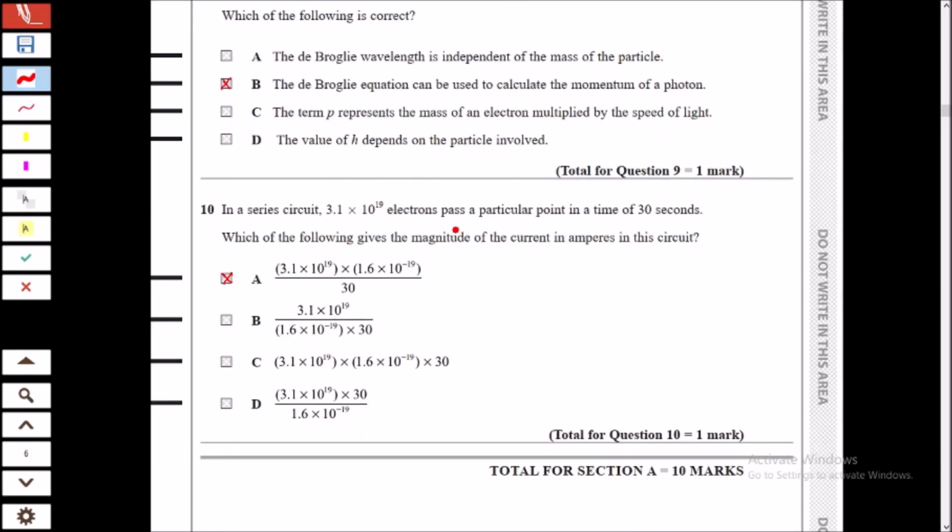So you have this many electrons and this much time. What is the current? Current is equal to the total charge divided by time. How much charge is passing through this circuit? These many electrons are passing, right? The charge of one electron is 1.6 times 10 to the power minus 19. So if there are these many electrons, we multiply the electronic charge with this number to get the total charge that is passing. That gives us Q, and we divide that value by the time, that is 30, and that gives us the answer A. The total number of electrons times the charge per electron gives you Q. Divide that by the time, and you get the current in the circuit.